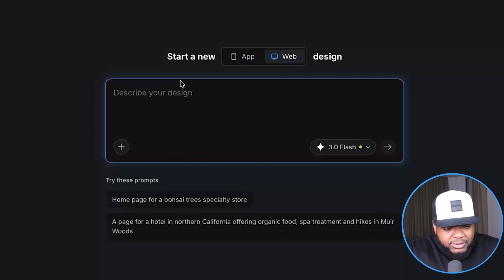Now, the good thing about all of these Google AI tools is that when it comes to prompting it, you can literally write out a simple sentence, whatever you want to write. If you want to keep it simple, you're going to be able to do that. And from there, it should do a really good job. But if you want to give it specific details when it comes to what you're going to build, so that you don't have to waste too much time going back and forth,